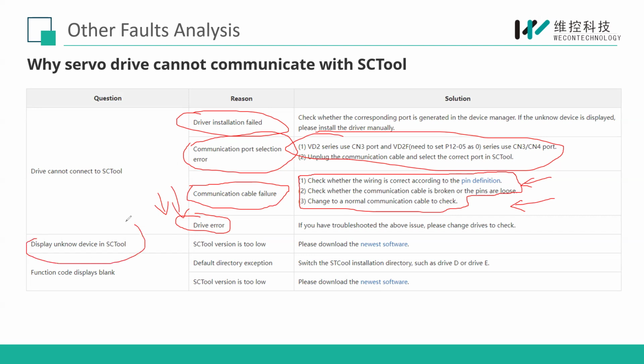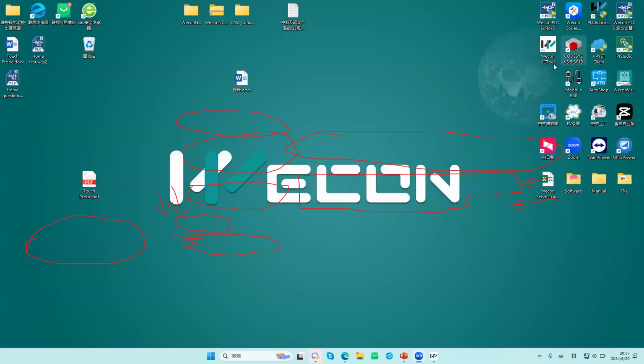And second is the display of unknown device in SC tool. For this, you need to download our newest SC tool. You have already downloaded the newest software, right? If this unknown device still happens, then you can